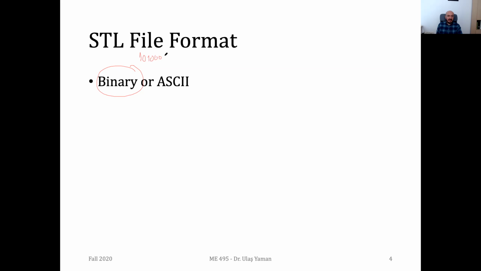And if you open a binary STL file using a text processor, you will see that the letters are represented with some meaningless letters. You will see such expressions in the binary STL file format. But if you save your STL file in